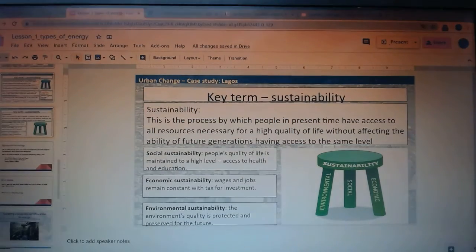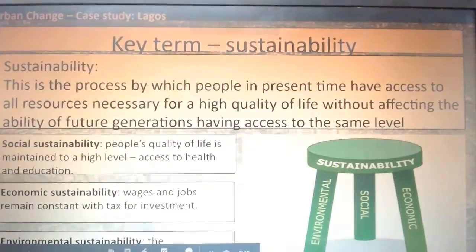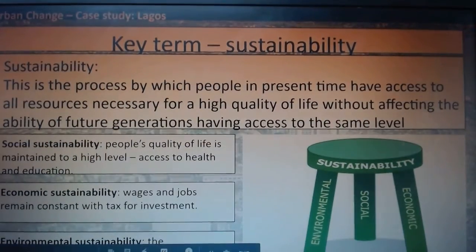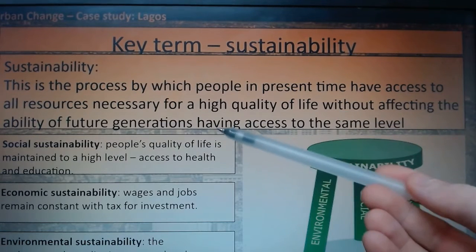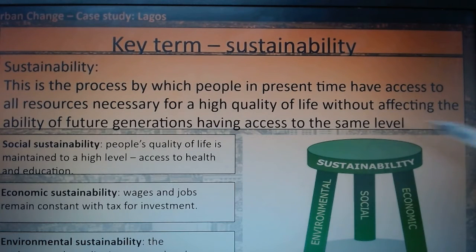Okay, so continuing on with energy, we're almost there. Sustainability, you need to know this term, so you have to write this down. The process by which people in present times have access to all resources necessary for a high quality of life without affecting the ability of future generations having access to the same levels. So it's about having a good quality of life now, but also ensuring that future generations have a similar